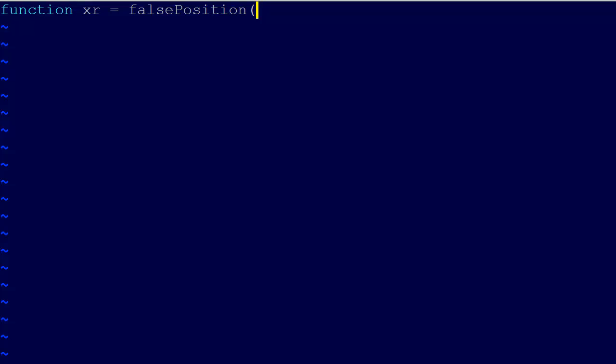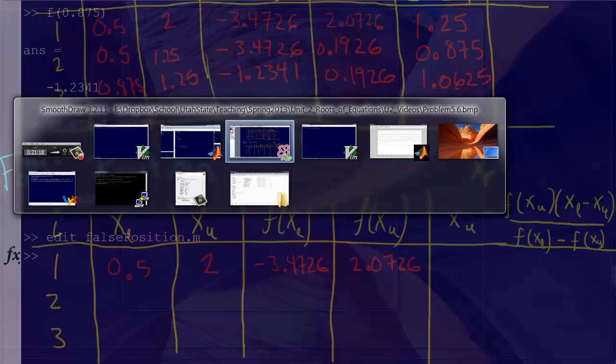And what information are we going to need to pass this? We're going to need xl, xu, and then fxl and fxu, right? We're going to need to pass all that information in, and so we're going to say xr equals,